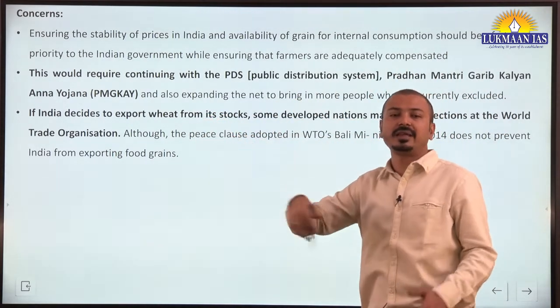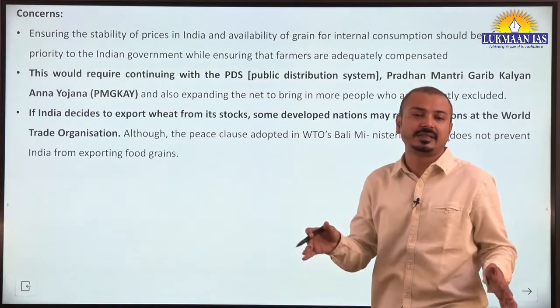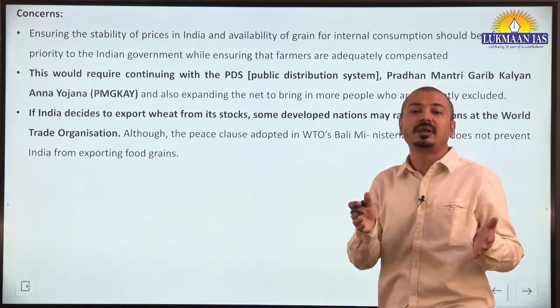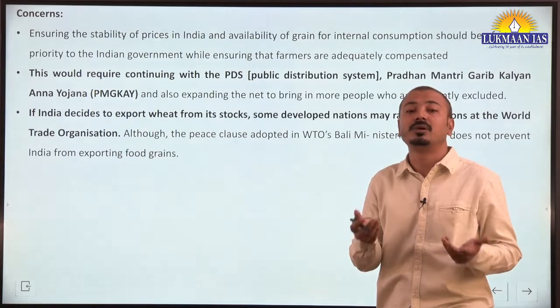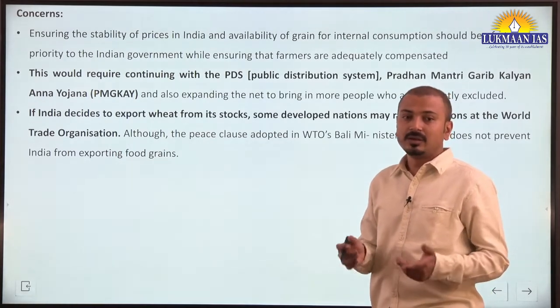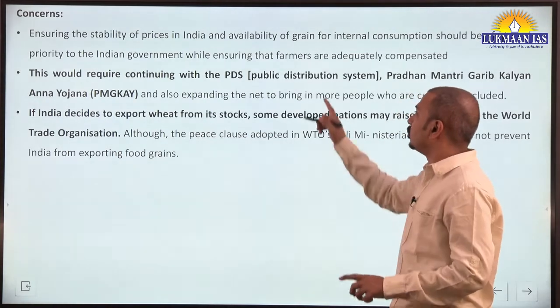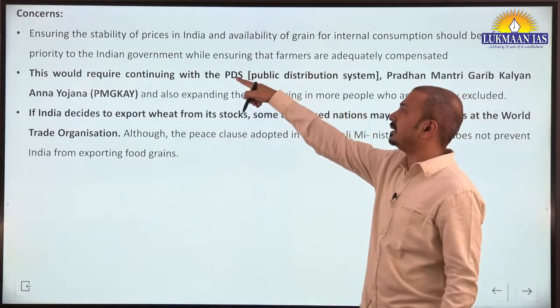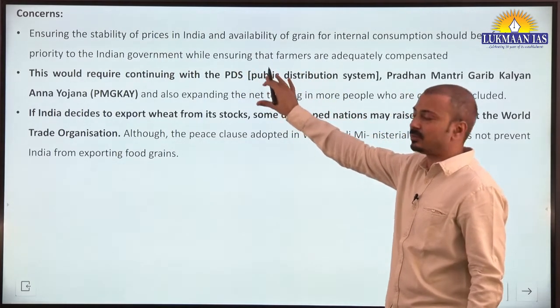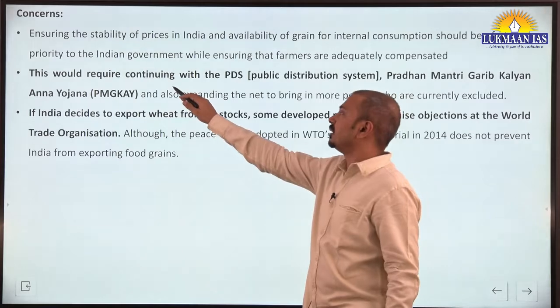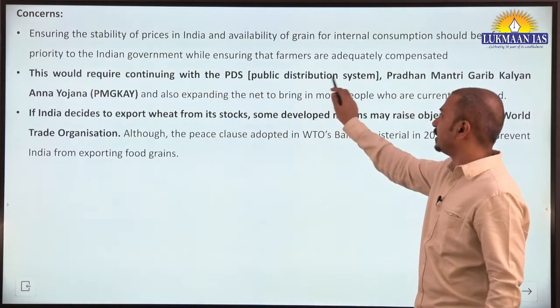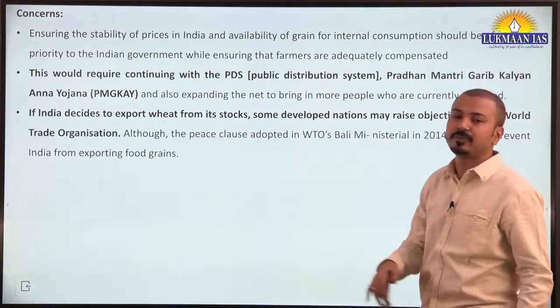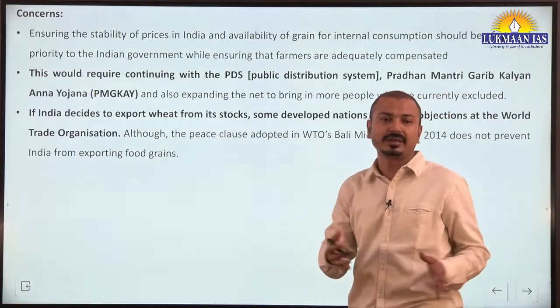Suppose we are exporting and there is a crunch in supply, so suddenly the prices of wheat increase. Then the poor people will face the problem. That's why domestic availability of grains and the stability of prices should be the utmost priority. Also, this would require continuing with PDS, the Public Distribution System, and the Pradhan Mantri Garib Kalyan Anna Yojana, that the government recently extended